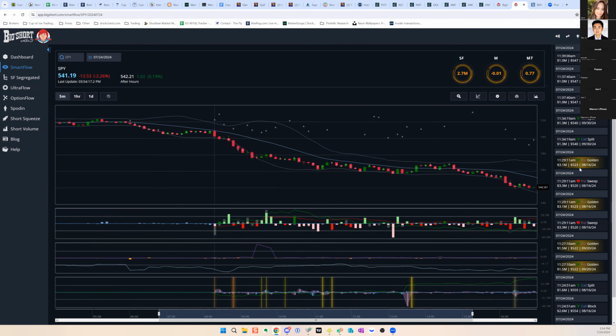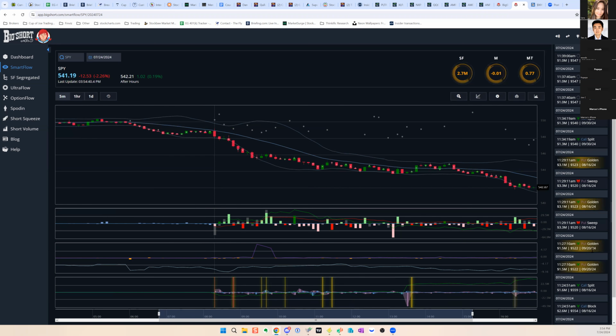For example, this golden call is for $3 million and it expires August. We have the other goldens, they're also August. These two look like the same two blocks, and then these two look like blocks in a combined block. So that's millions of dollars,